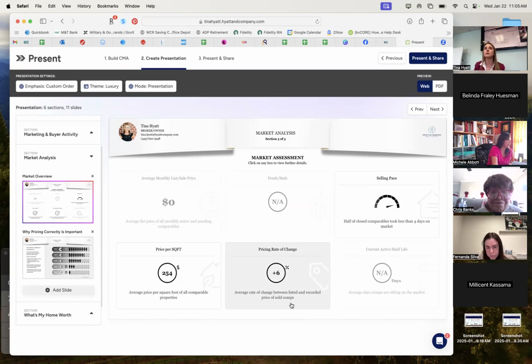So this is that argument for the Redfin seller that says, oh, well, Redfin says they're going to give me a rebate on my house, or they're going to give me this, or I only have to pay 1% commission or whatever. Mr. Seller, right now, homes in your area on average are selling at 6% over list price. So that's telling you that if we list at market value, there's a high probability that I will be able to negotiate and get you over list price, possibly as much as 6% over list price.